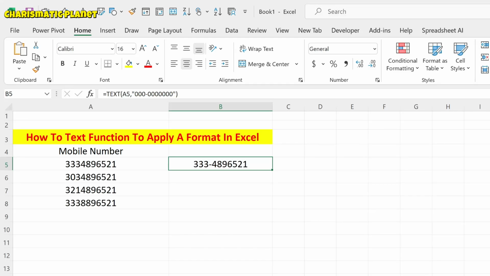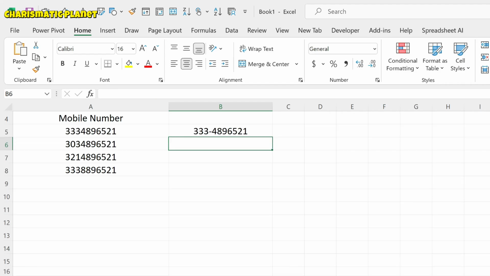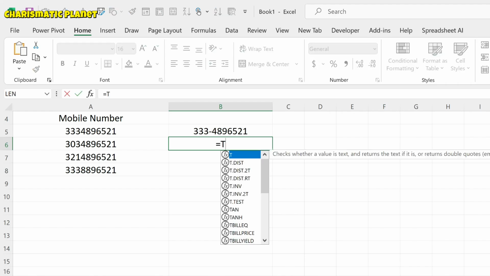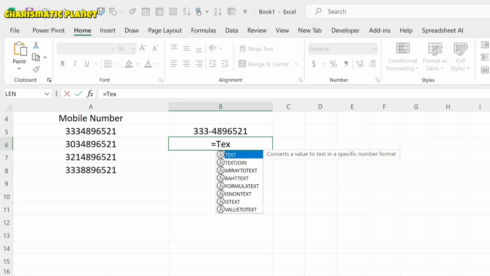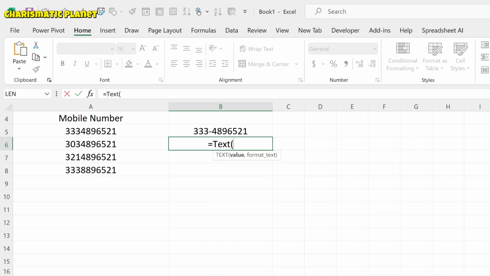In this video, I will show you how to use the TEXT function to apply a specific format in Excel. For example, I have a four mobile number, so I want to change it into my own desired format. So you have to put the formula: equals, put the TEXT function, open the bracket, and then select the value,